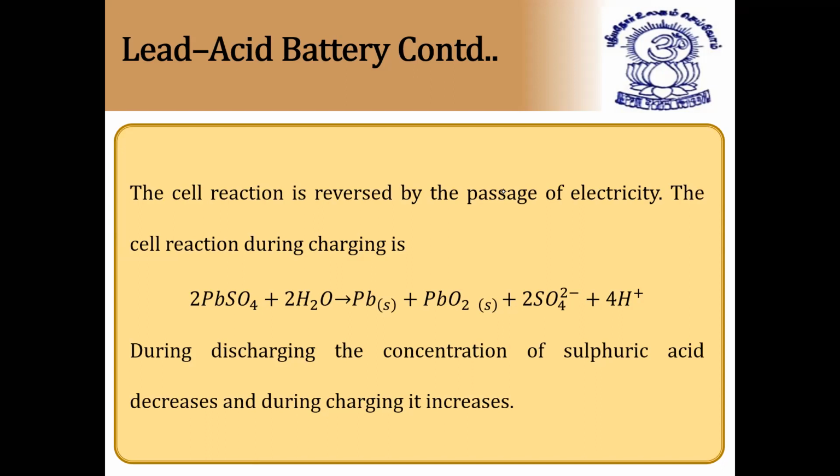Many times they have given this in NEET as well as JEE. So in this topic, you have to remember only what the electrolyte is, that is 38% sulfuric acid, what the cathode is made up of, what the anode is made up of, and what the total reaction is. Total reaction, not cell reaction here. What is the total reaction? Lead plus lead dioxide plus sulfuric acid changes to lead sulfate and water, and that is called the entire reaction. If we take it in the forward direction, that is formation of lead sulfate and water, we'll say the cell is discharging, the cell is in use.